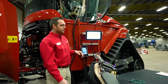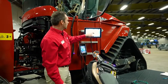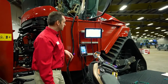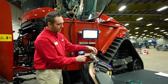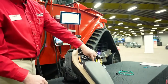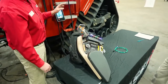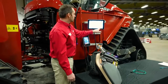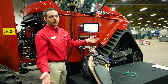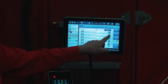So now I'm going to switch from the multi-function handle because I've done my configurations there. Now I'm going to go to the customizable buttons. Simply open the drop-down menu, select buttons. So now I have the 4 buttons here, the 4 buttons here, and we have one by itself, number 9 down here. So those 9 buttons can be configured to a whole list of different functions. For an example, I am going to set up buttons 5 and 6 to control the radio. So we're going to go down and find button number 5, go into the settings,